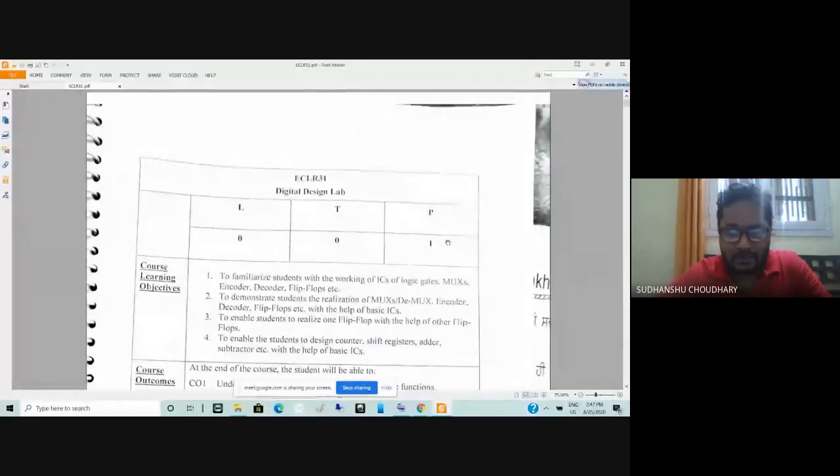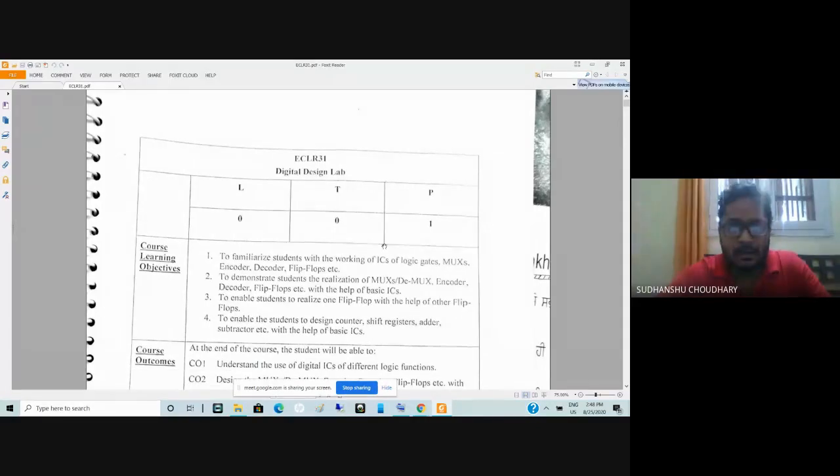Yeah, so this lab is all about designing the digital circuits, right? So you have to implement the digital circuits, which would be composed of obviously gates, and these gates would be inside your ICs, integrated circuits.